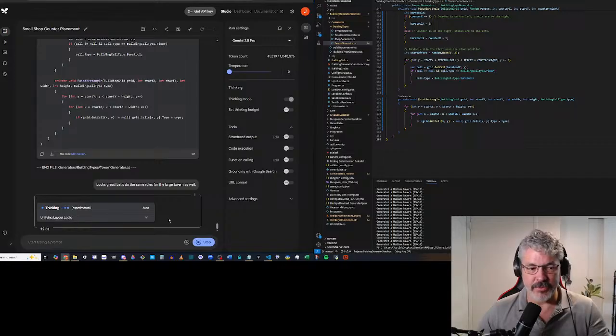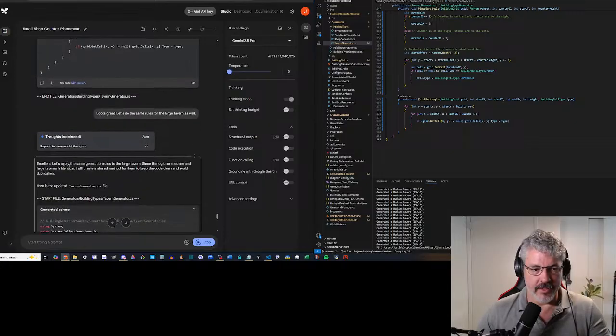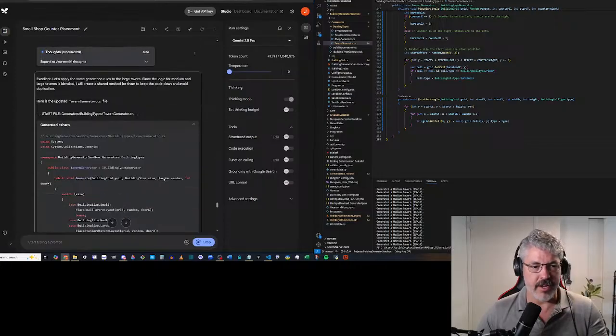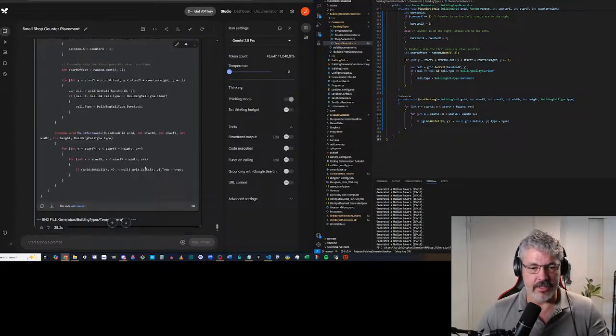There's just more room now. Okay, the large tavern, since the logic for medium and large tavern is identical, I will create a shared method for them. Okay, yeah, that'll work for now. It's making a shared method for both, but if I decide that I want to distinguish something different for the large tavern, it won't be hard to fix that.